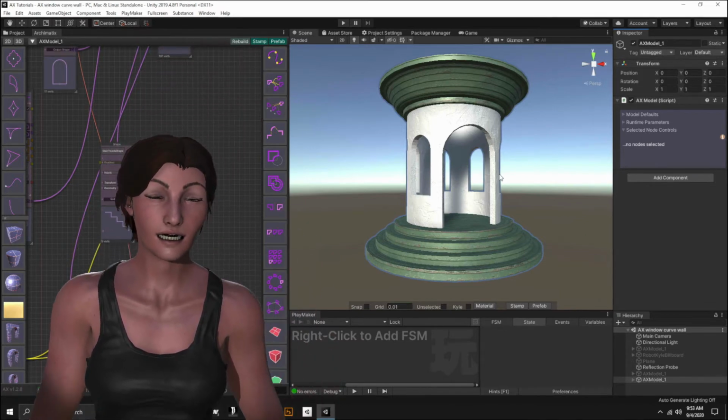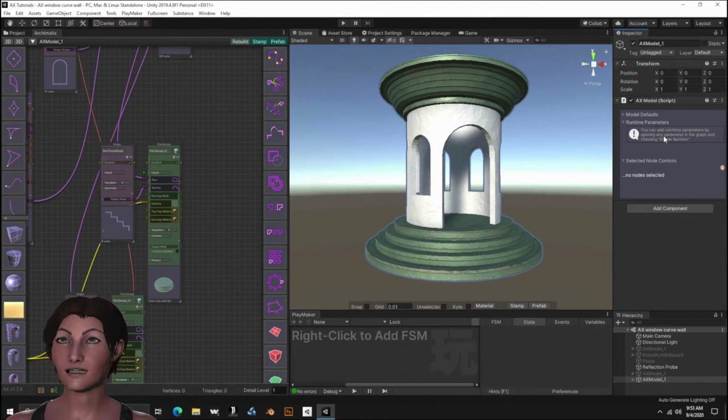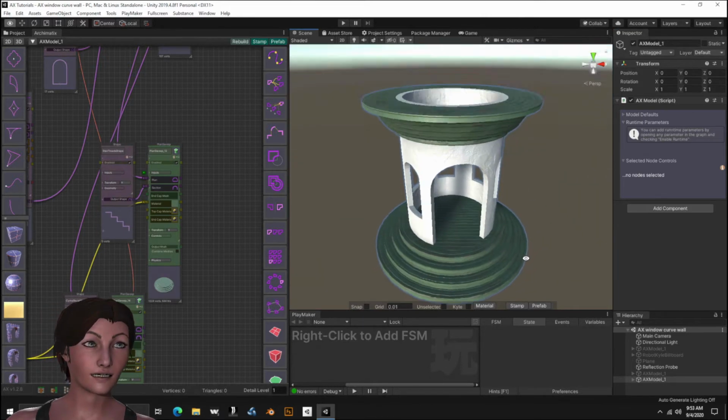Let me shrink down. Now, what we want to look at here is in the inspector, this runtime parameters. And if you swing open the little triangle, there's a message here basically saying how to turn your parameters into runtime. And it's very easy. If you remember this little building,